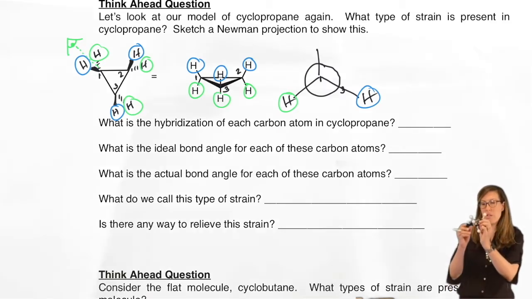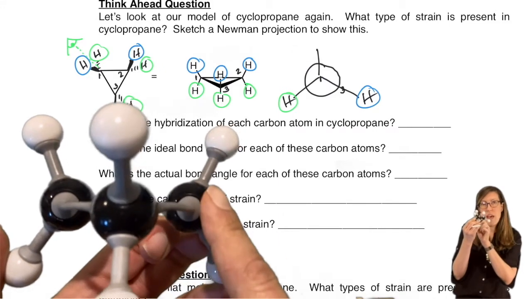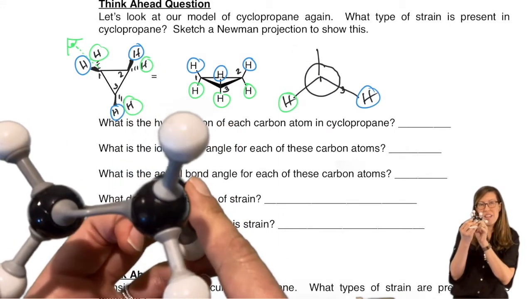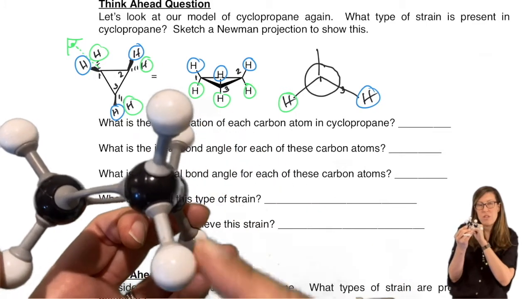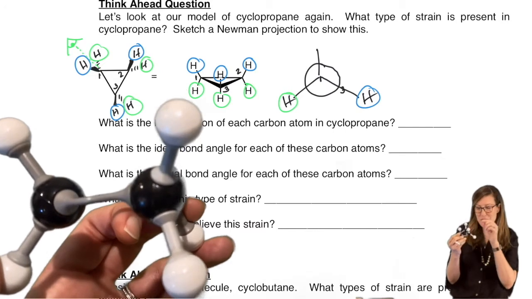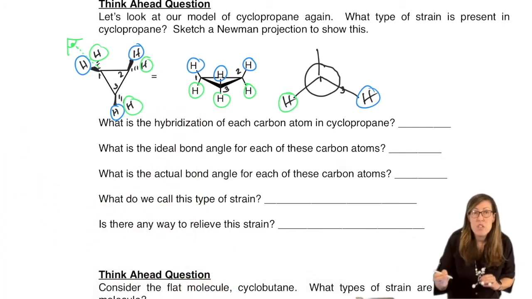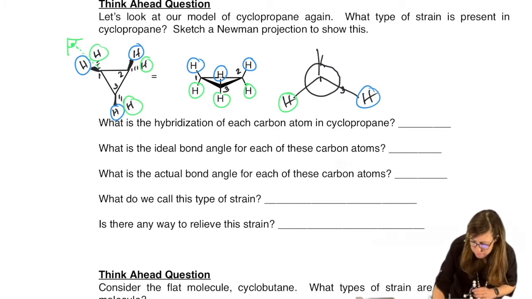If you look down, so pick 2 carbons in your model to look down, you'll notice that the H's are lined up. Would you describe that as staggered or eclipsed? Eclipsed, right? So the H's are all eclipsed. So we need to draw an eclipsed conformation to get going. So let's fill it in with an eclipsed framework.